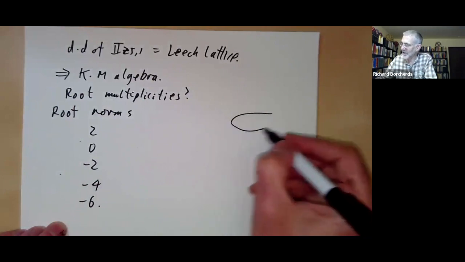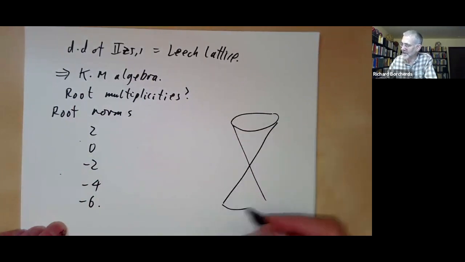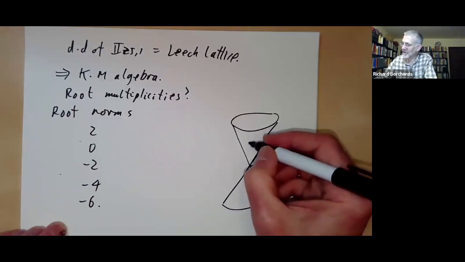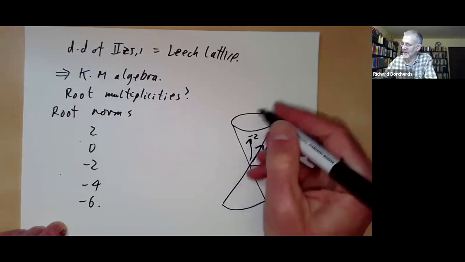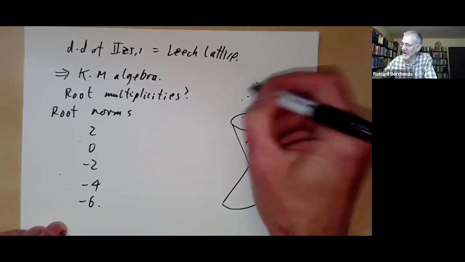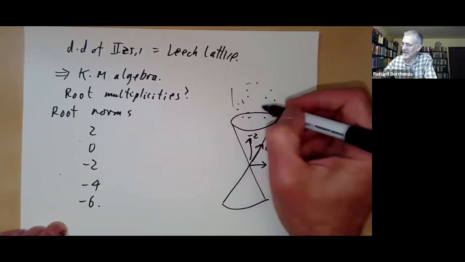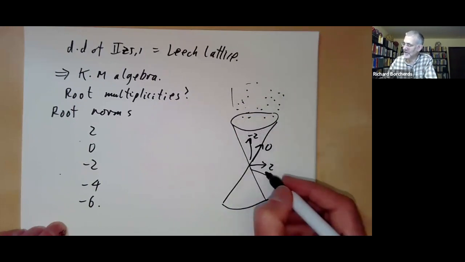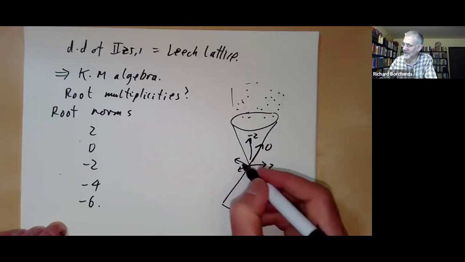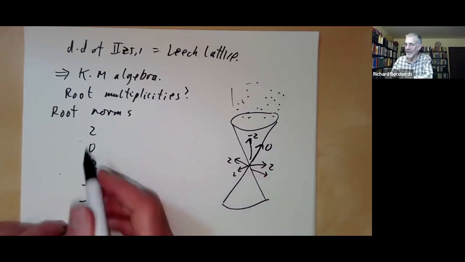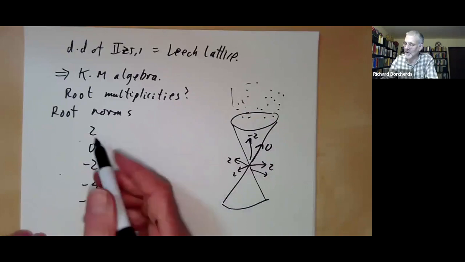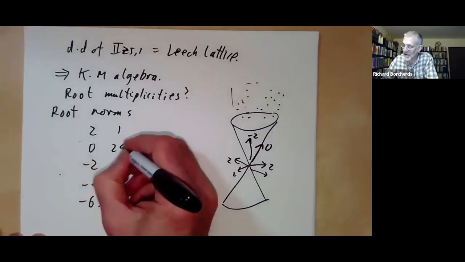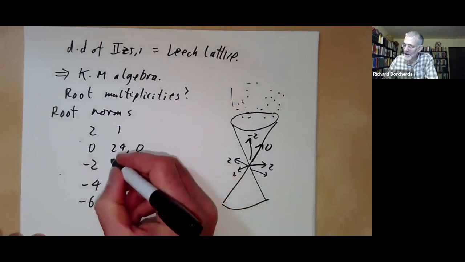So what's going on here is its root lattice, and it's got some roots of norm 2 and some roots of norm 0, and it might have roots of norm -2 here and so on. So there's a lot of stuff going on. The Lie algebra mostly lives inside these two cones, although it's got a few bits sticking out of it in some sense. We can ask what are the root multiplicities. The root multiplicities of the norm 2 roots are easy. Those are just 1. For norm 0, we get 24 or 0. Here we get usually